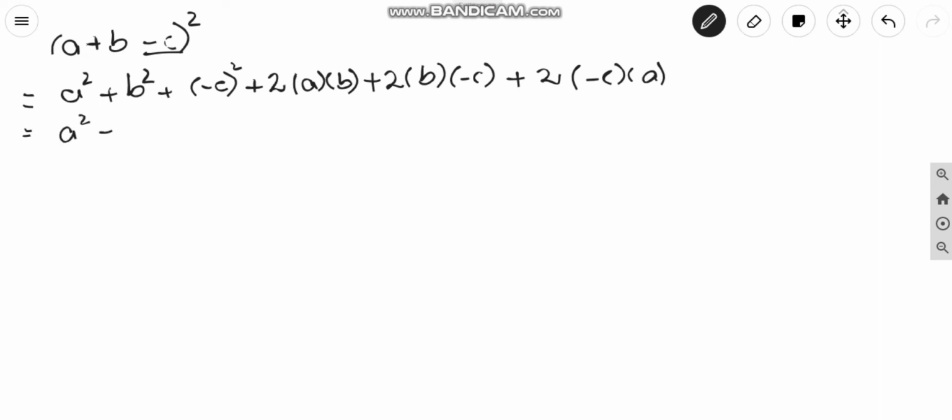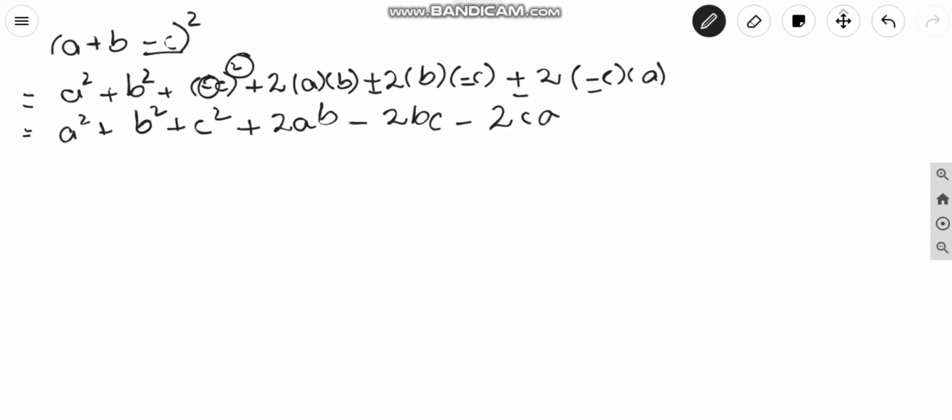Now a square plus b square plus, as there is whole square, it will vanish the sign of minus. So it will become c square plus 2ab plus and this minus, it will become minus 2bc, plus and minus, it will become minus 2ca. In this way, without remembering the sign, without any